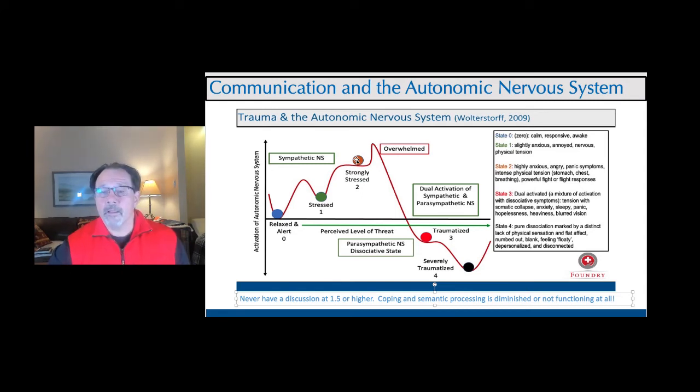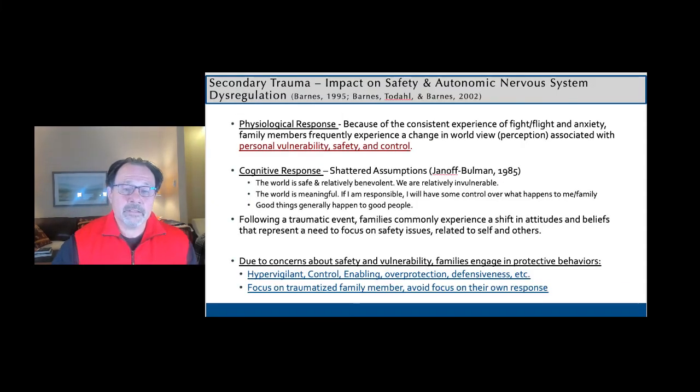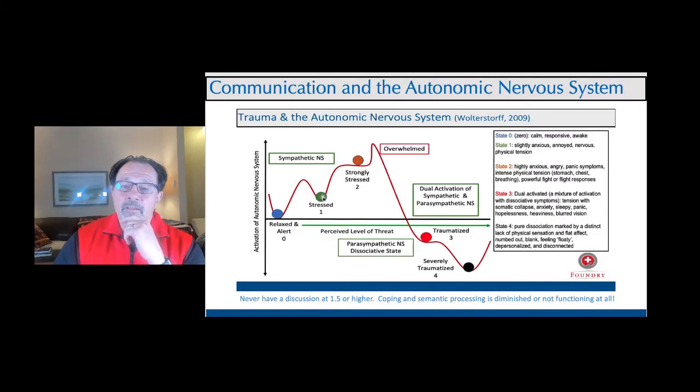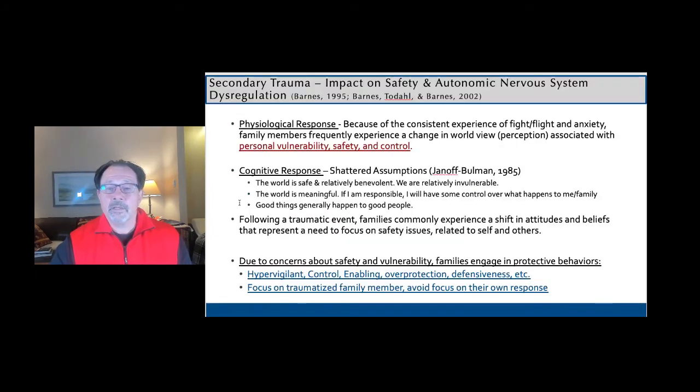And so, again, when you get to a point where you are in this state of anxiety, this issue of stress is, and this was from my dissertation, and we talked about this when we talked about family trauma, that the longer family members stay in this state at like 1.5 or above, we begin to see that their brain becomes more habituated to a high-stress lifestyle, and they become more hypervigilant and more controlling, as a safety mechanism. And so because of the consistent experience of that fight or flight response and anxiety that family members frequently experience